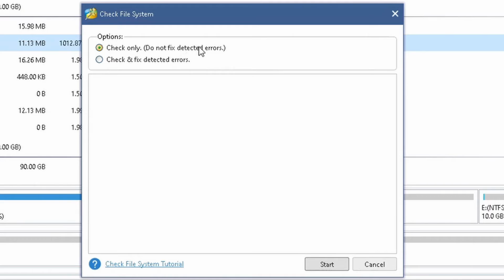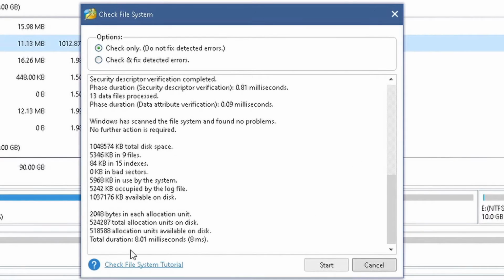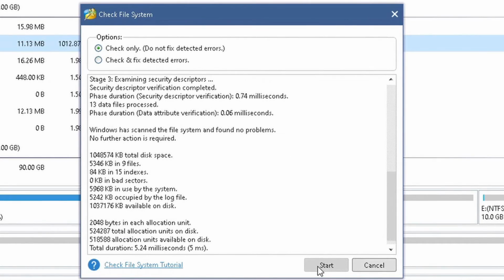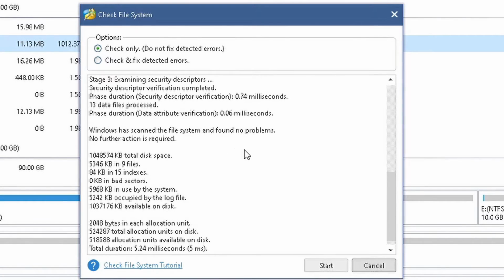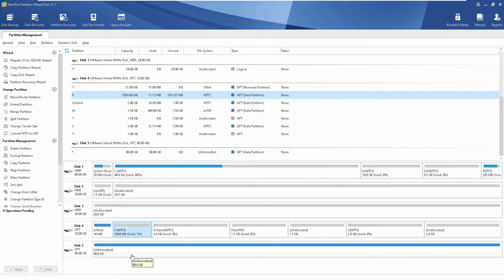I'm just going to check it. Depending upon the size of your partition, it's going to take some time. Check and fix errors will take some time, so be careful, and I'm going to have to be patient. All right, so check file system is pretty good, so click on cancel there, and now what we can do